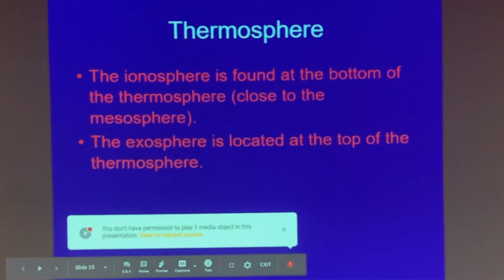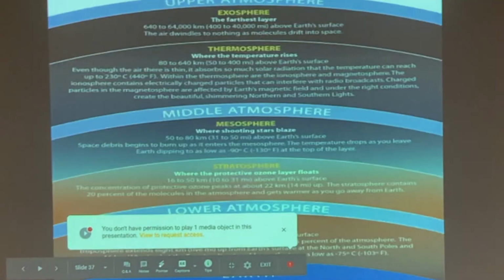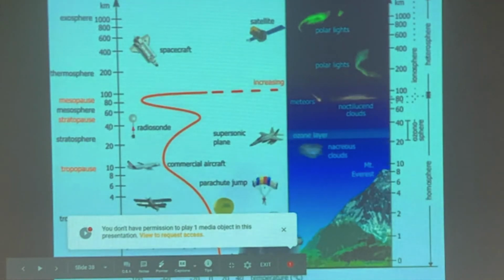Now, the ionosphere is found at the bottom of the thermosphere, like I said. The exosphere is found at the top layer of the thermosphere. The exosphere is the outermost layer of the Earth's atmosphere, at the edge of outer space. Now, this is an important concept I'm going to show you. Now, the key thing,